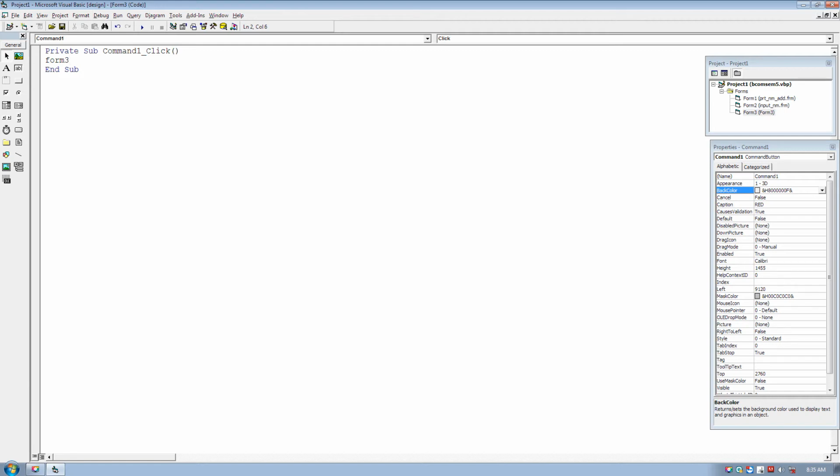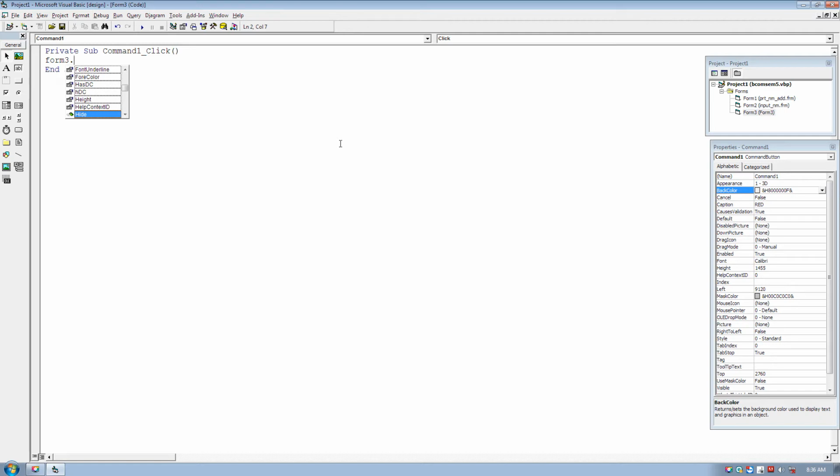Now how do I get the property? So girls, after writing the name of the control, you should type dot. It is compulsory. The dot will give you the list of properties available for this form. Look, most of the properties available in the properties window are displayed here. And if you are not getting this list, that means your name is wrong.